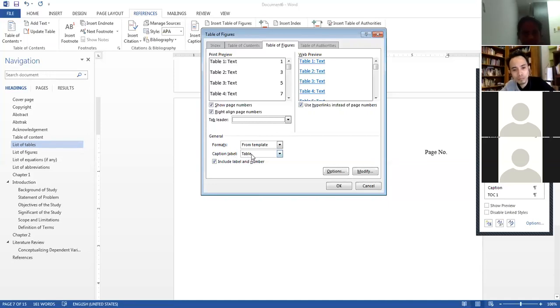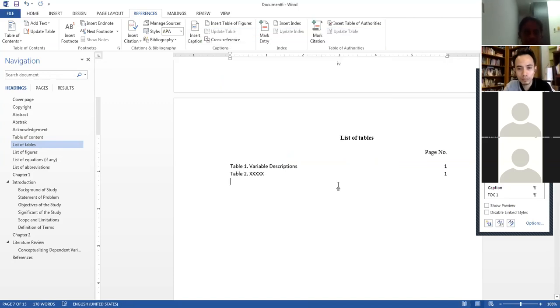Now we want to insert the list of tables, so we choose table. Next time when you want to insert the list of figures, you just choose figure. The steps are similar. So we choose table, and then we click OK. See, it appears for you.